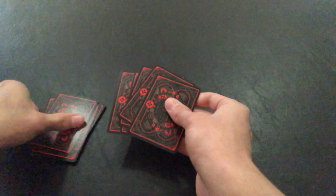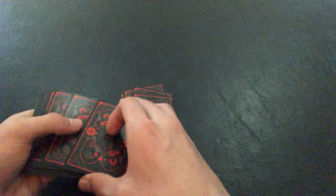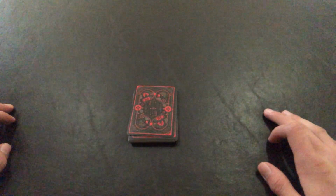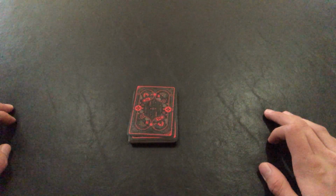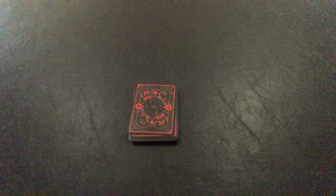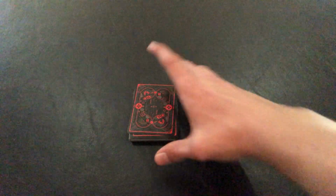And that would also work if they only deal 5 cards on the table. You can do a double lift then from this packet. And then if they only deal 4 cards, you can do a triple lift again. Now, for anything above or below 4 to 9 cards, I think it was, it gets a little bit trickier,